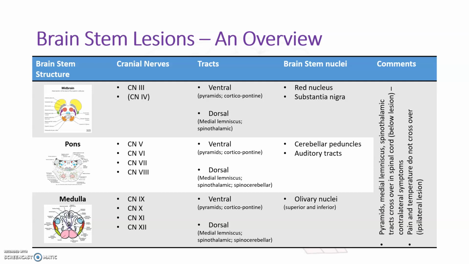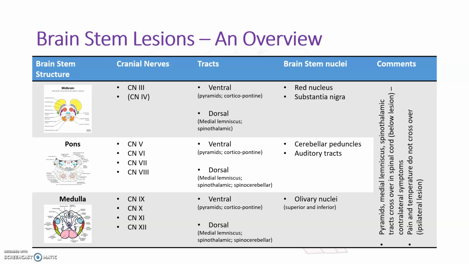Of course, the pyramids and corticopontine tracts pass through the brainstem ventrally, and dorsally we have the medial lemniscus and the spinothalamic tract. Some important nuclei situated in the brainstem include the red nucleus and the